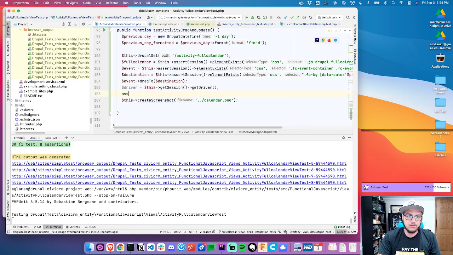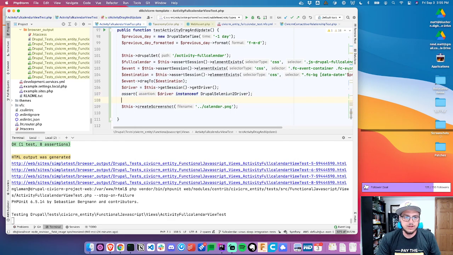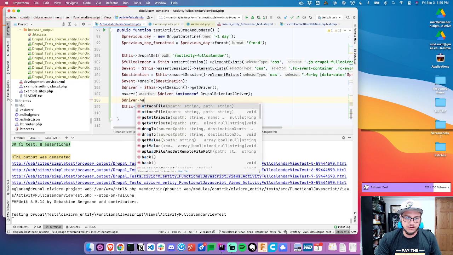So driver will do assert driver instance of, I'll paste that. So I use an assert because now the assertion runs in the background and says this will exist and it's going to crash if it doesn't. But for PHPStorm, I can